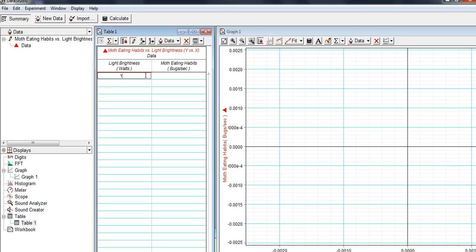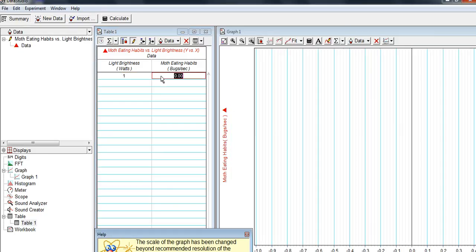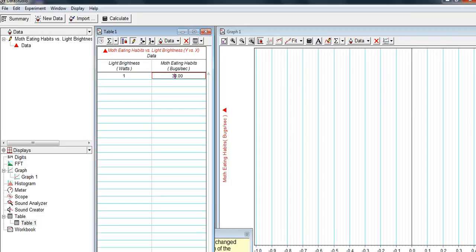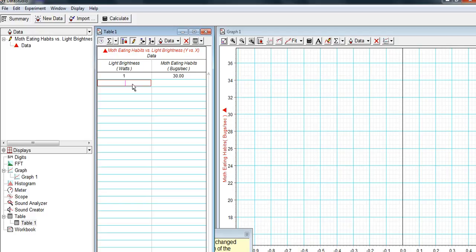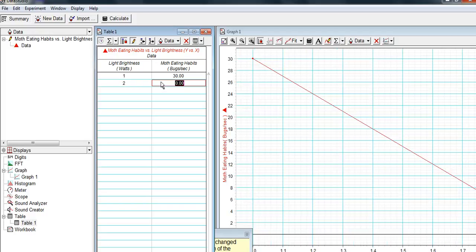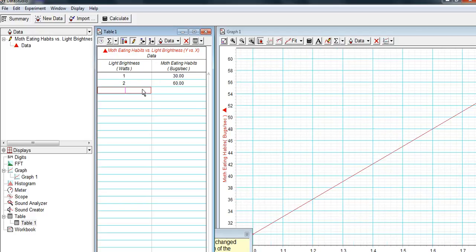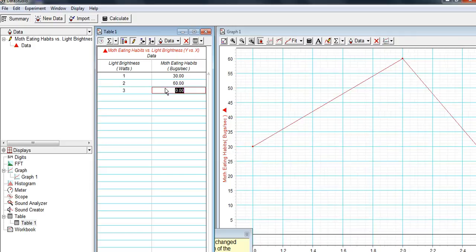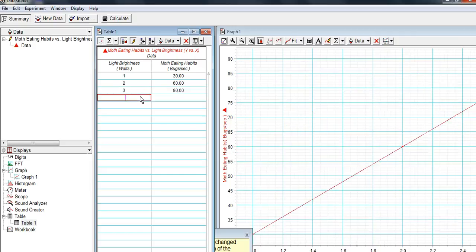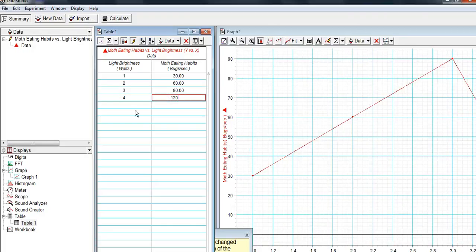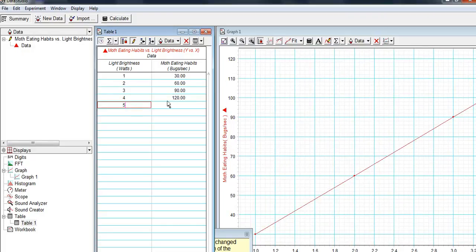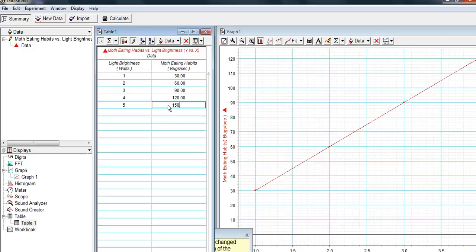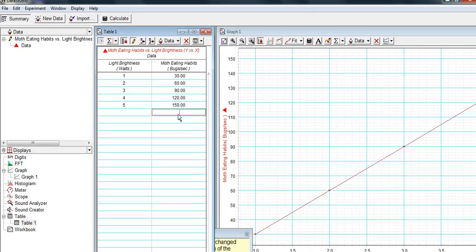So let's say we'll go 1, and we'll say the moth will eat 30 bugs per second. With 2, it can eat 60. With 3, it can eat 90. You see what Data Studio is doing over to the right. It's actually graphing as we go. 120, 150, and so on. So we have a nice graph here,